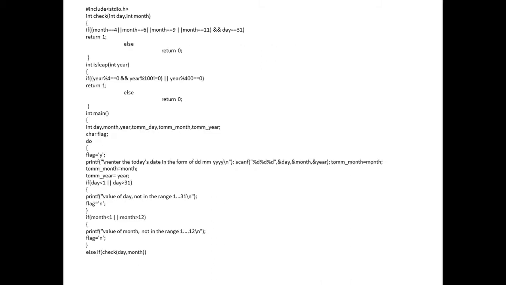While calculating the next date, with respect to today's date, we need to calculate the next date, or tomorrow's date. We will consider the day, month, and the year. Along with that, we also have to consider the number of days in a month. For example, the day can be either 1 to 30, 1 to 28, 1 to 29, or 1 to 31. These are all the possible cases.